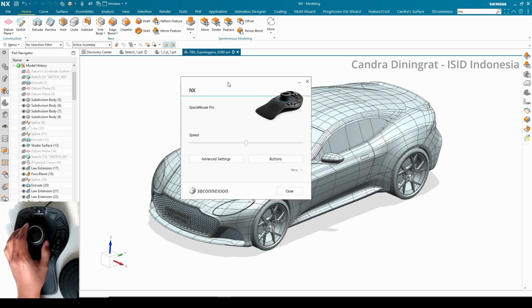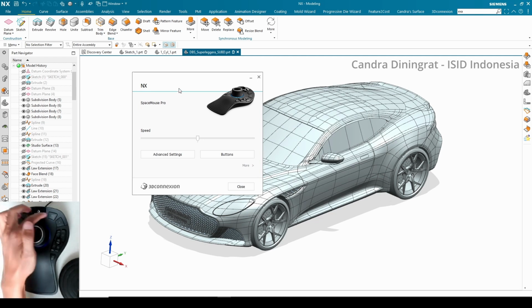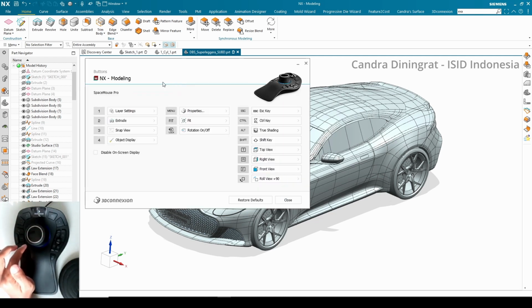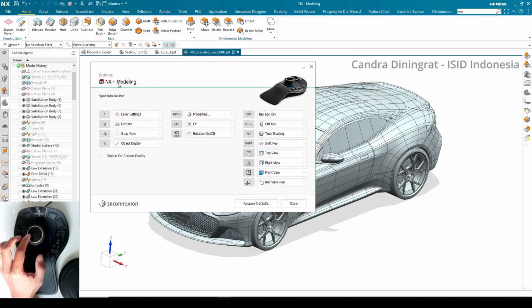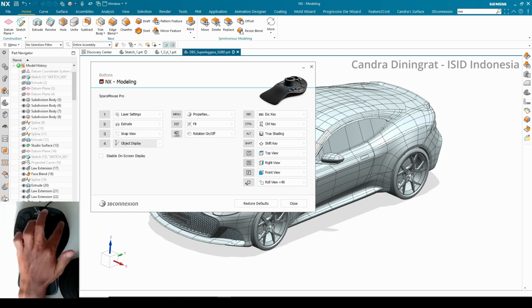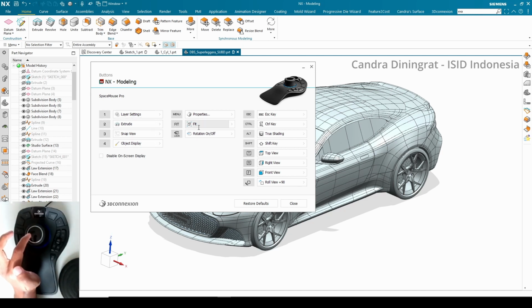Another thing that we can customize is the buttons. Here we need to choose this button menu, and you can see this dialog box shows that we are currently in the NX modeling application. So I've already customized some buttons here for my 1, 2, 3, 4 buttons. And if we want to change a button, we can